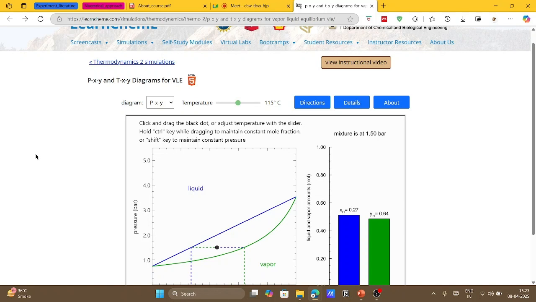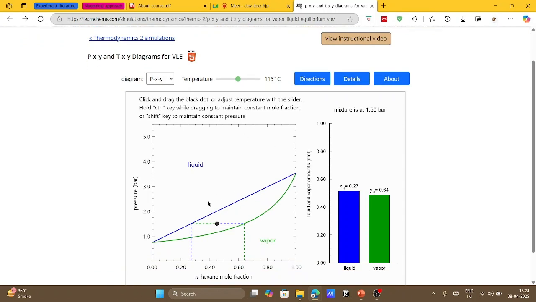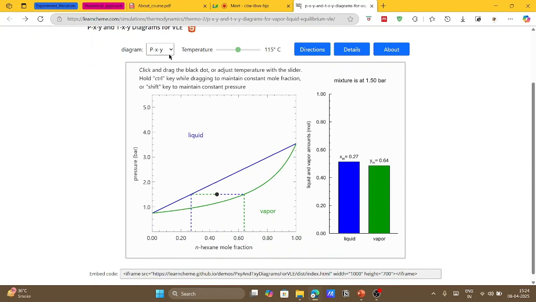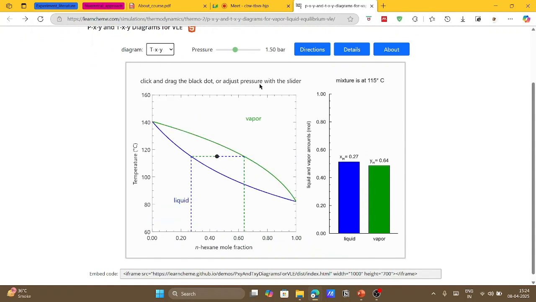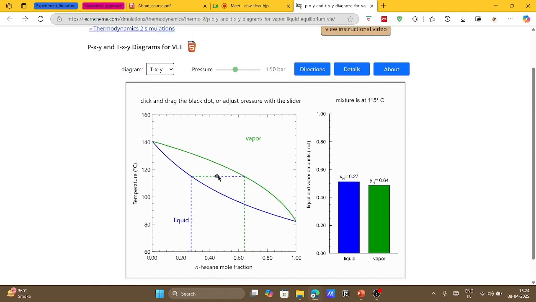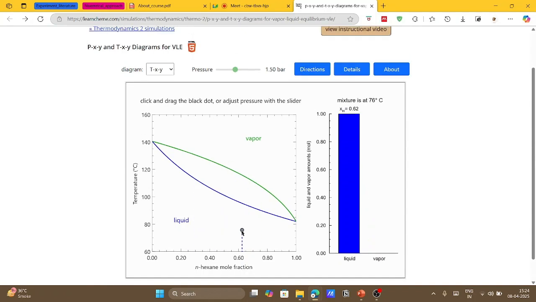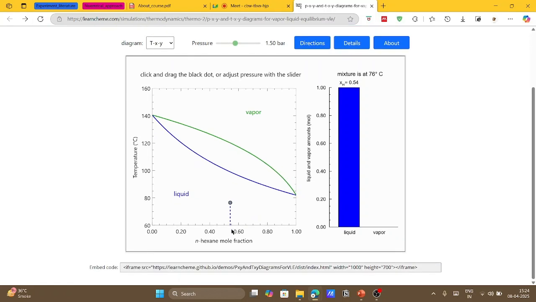So let's begin with the part I wanted to discuss here. Here you can see this is the PXY diagram as shown in the plot. Let's start with the TXY diagram first. This TXY diagram is generated at a constant pressure. So this point represents my feed composition, right? Initially this is a mixture of hexane with